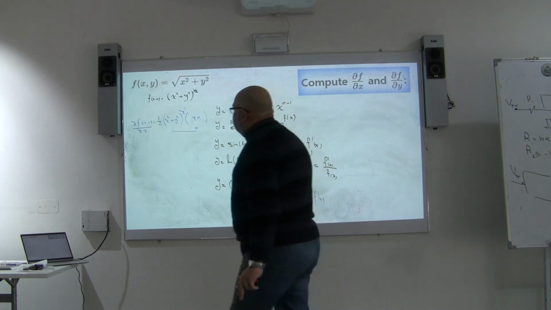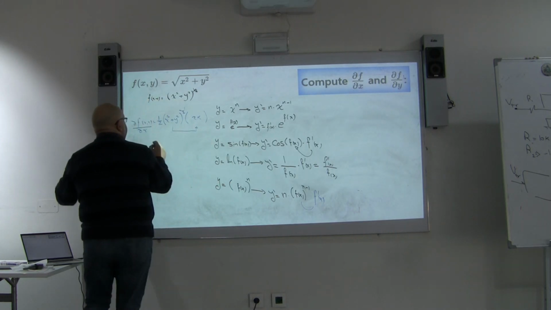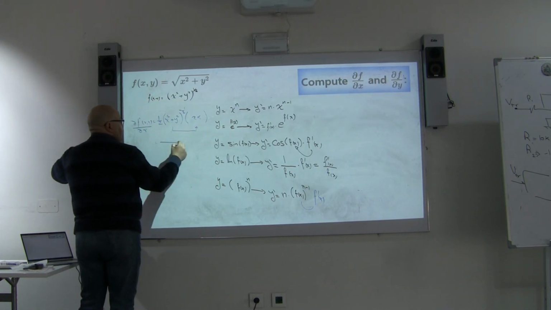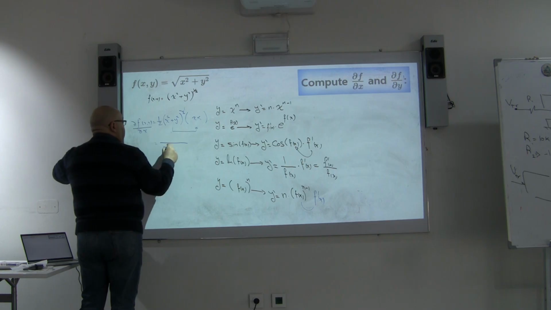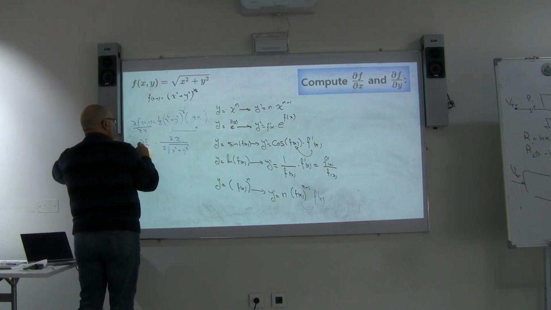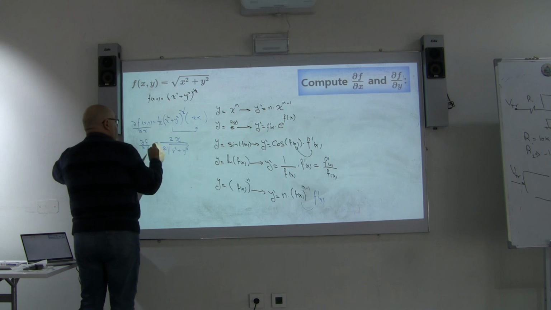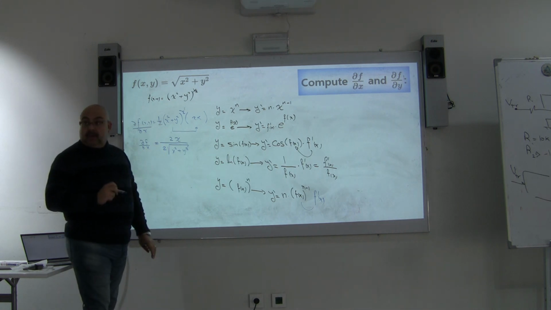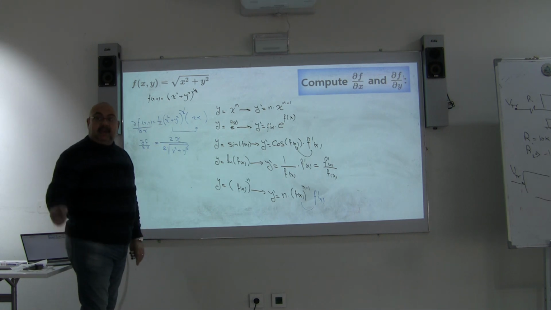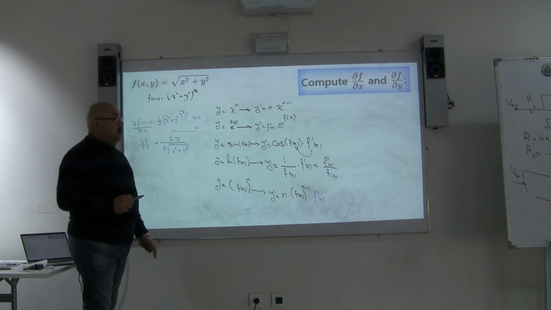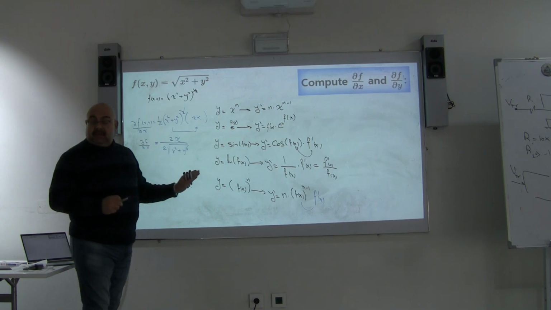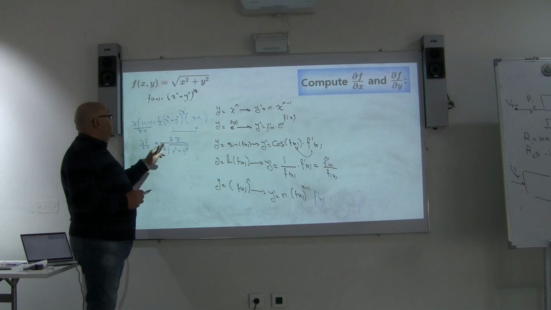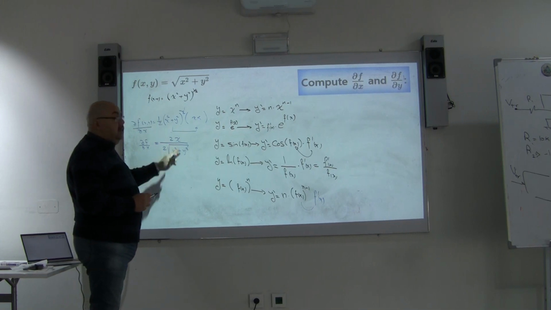So actually, I can rewrite this as 1 over 2 times the root of x squared plus y squared, and the denominator will have 2 over x. This is partial f, partial x. Are you with me, Adam? Okay? In a similar manner, I can differentiate with respect to y. You will have a similar function like this one, but instead of having 2x, it's going to be 2 over